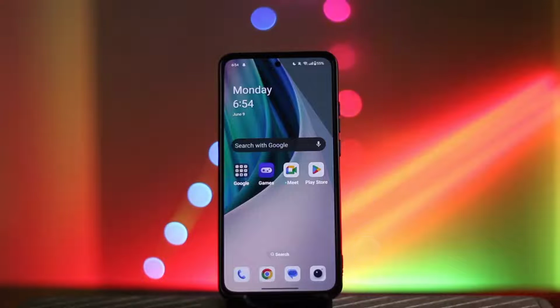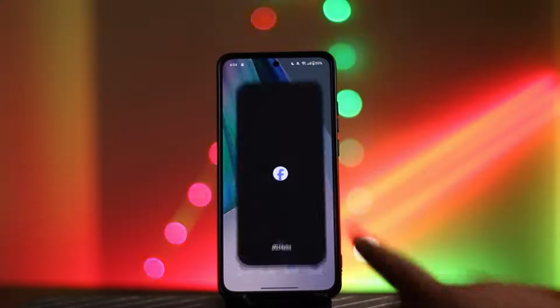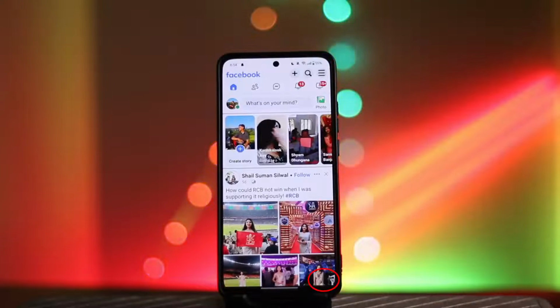So, if you want to change your theme for Facebook from light mode to dark mode or from dark mode to light mode, what you're simply going to do is first of all, launch the Facebook application on your device. Now remember, this is for Lite, but the process for choosing it in light mode in Facebook Lite or Facebook is the same. So what you're gonna do is in the top right corner of your screen, you can see